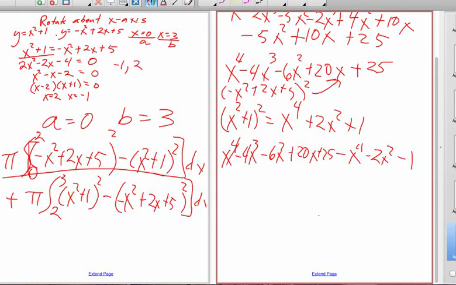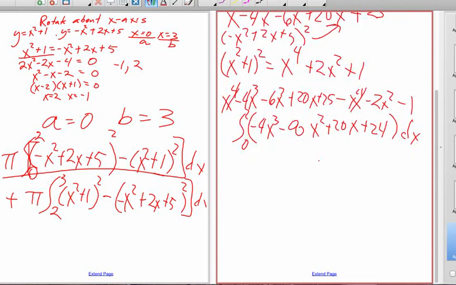The x to the 4ths drop out. And I'm left with now my integral from 0 to 2, which is a negative 4x cubed minus 8x squared plus 20x plus 24 dx. And then I do this, I'm going to be left with the negative x to the 4th, evaluated from 0 to 2,